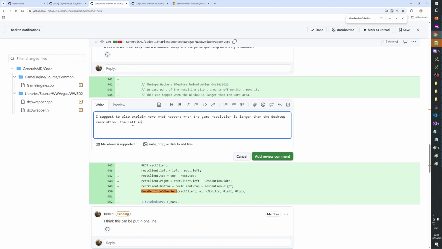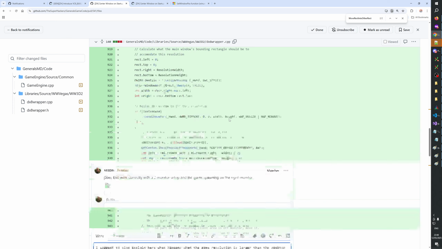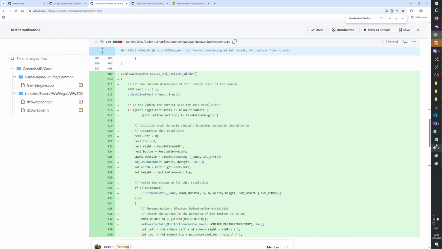The left and top edges clamping will take precedence. Actually, will it take precedence? Hold on. Let me